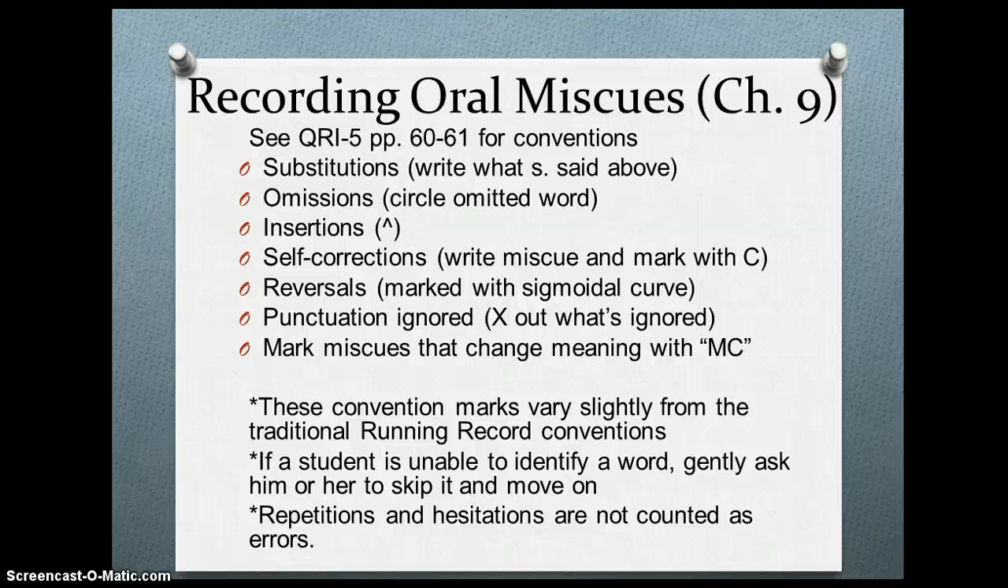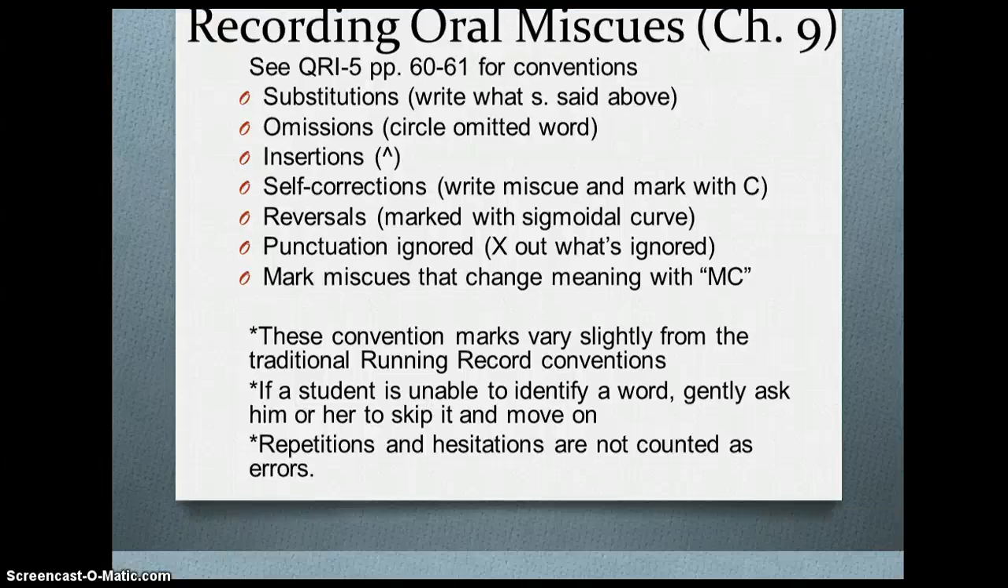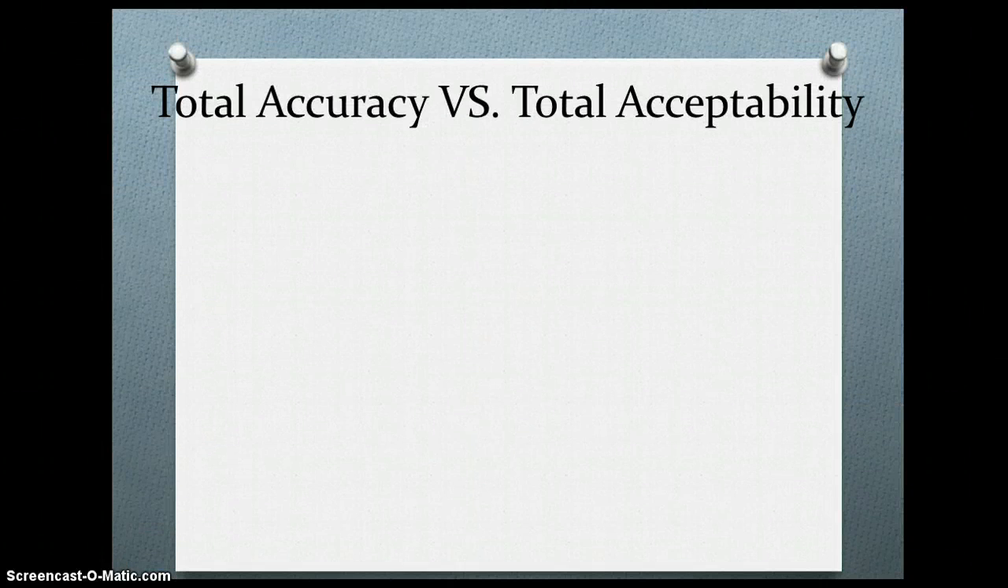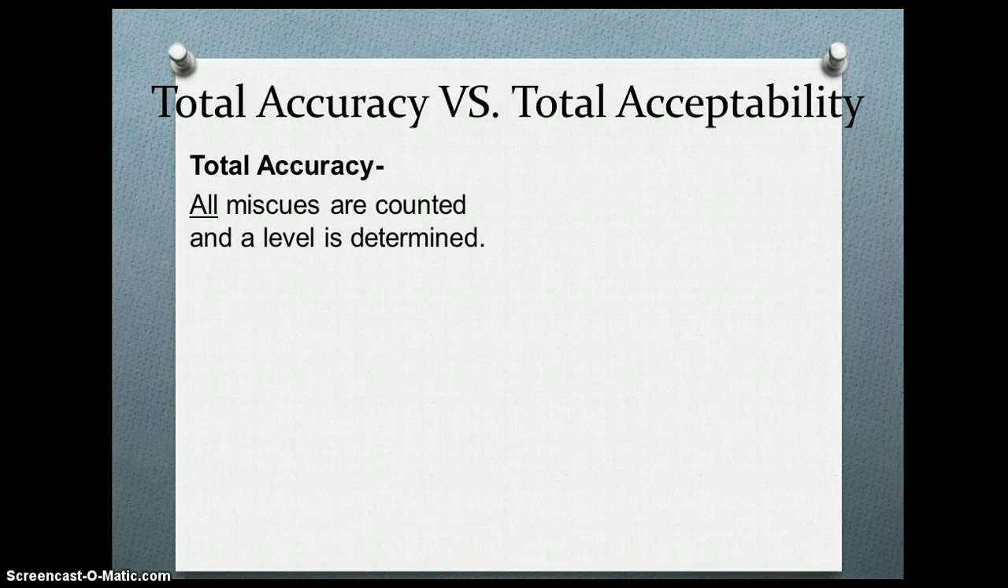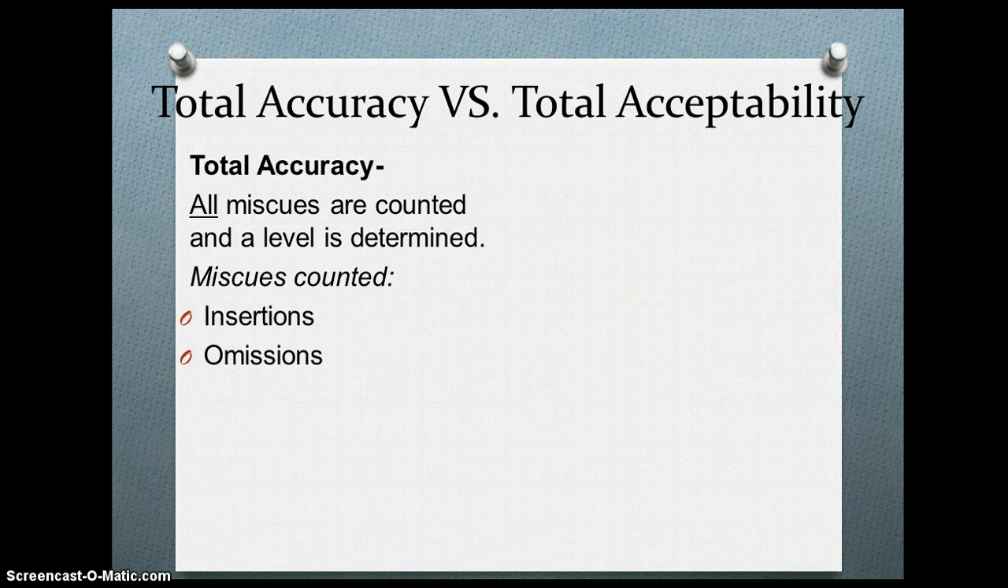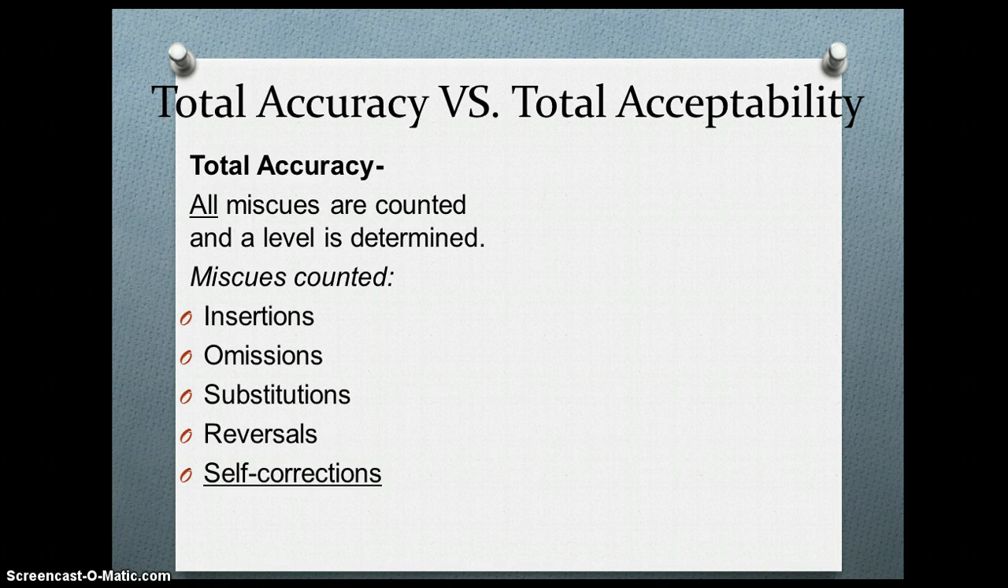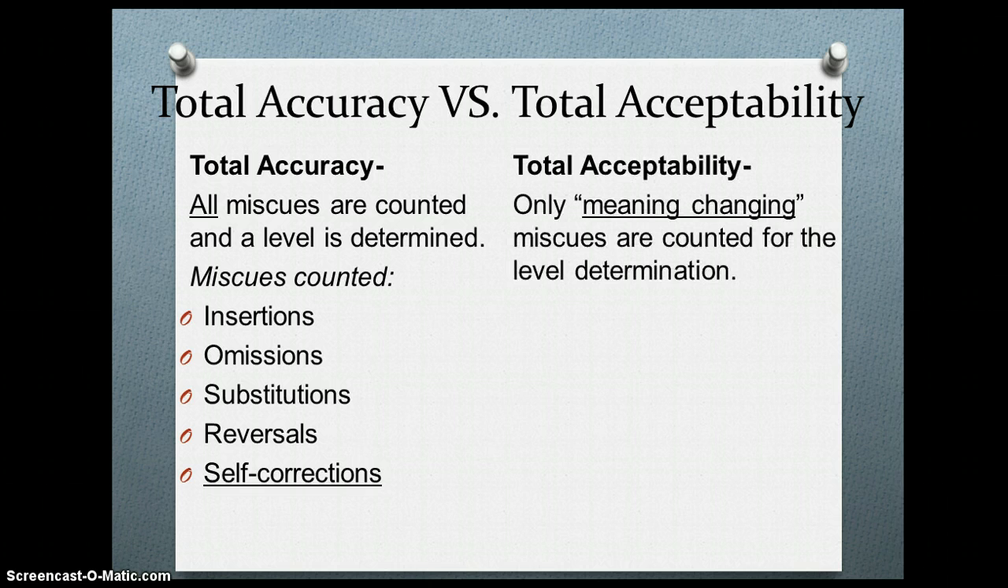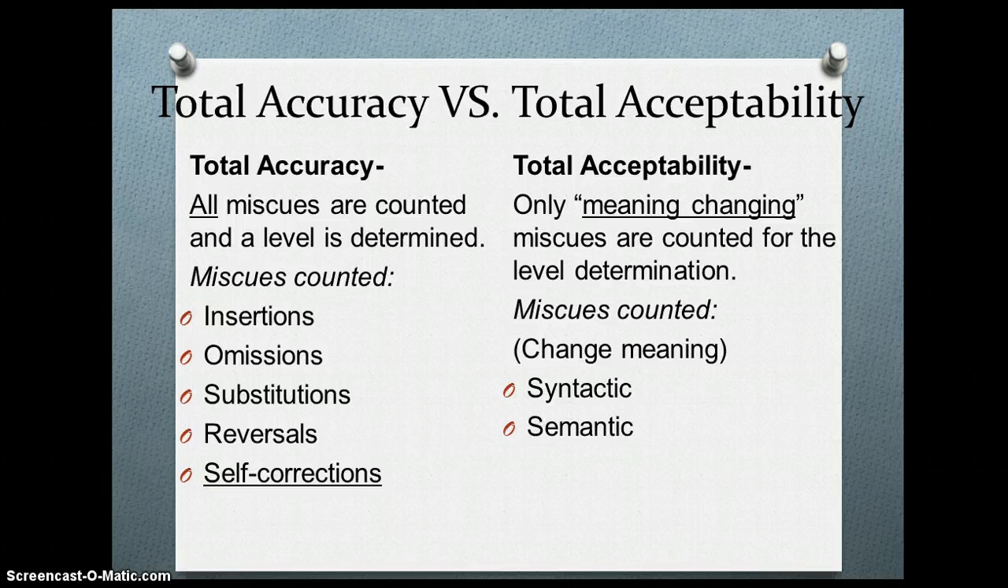And again, if they can't identify the word, you ask them to skip it and move on, and then repetitions and hesitations are not counted as errors. So let's quickly review from last week what total accuracy versus total acceptability is. So total accuracy are all miscues. This would include insertions, omissions, substitutions, reversals, and self-corrections. Total acceptability, on the other hand, are only meaning-changing miscues, and that would be miscues that change the meaning syntactically